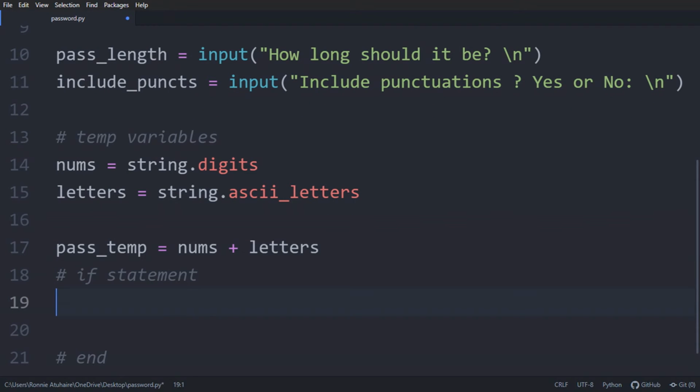So the if statement, remember, I'll include punctuations. It's going to just make this condition work now. If someone wants punctuation marks, that means you're going to give them a different password that has punctuations. So here we say if include punct. Now we need a lower function, such that whatever the input is here, we shall just make it lower, equals to